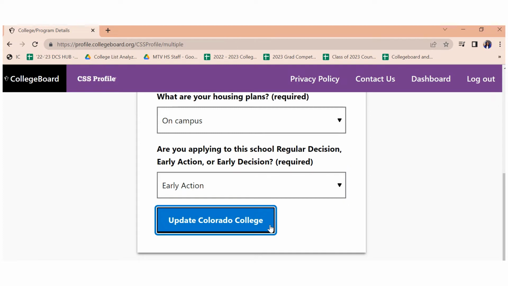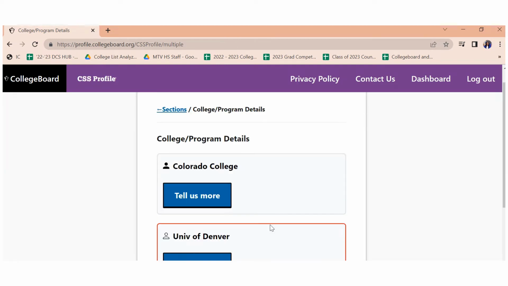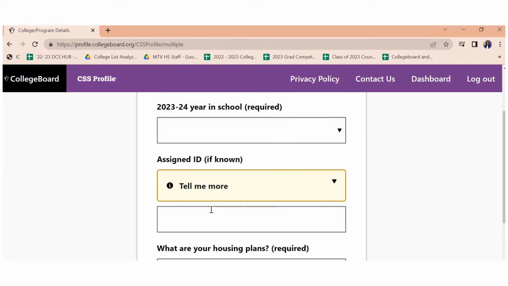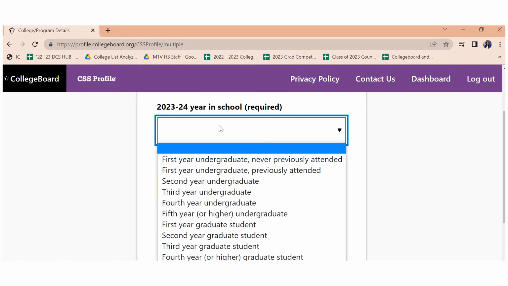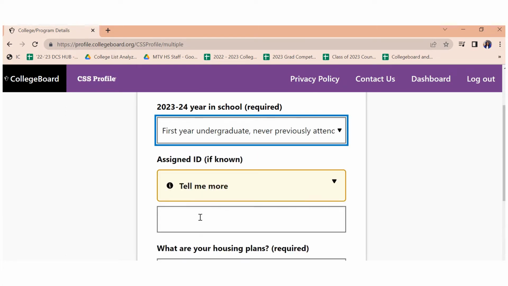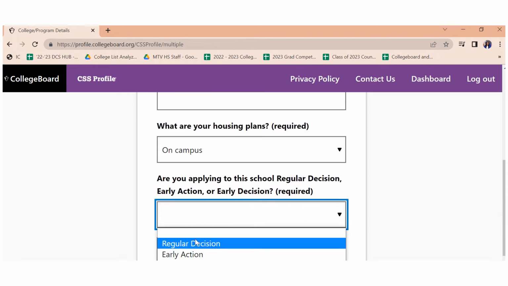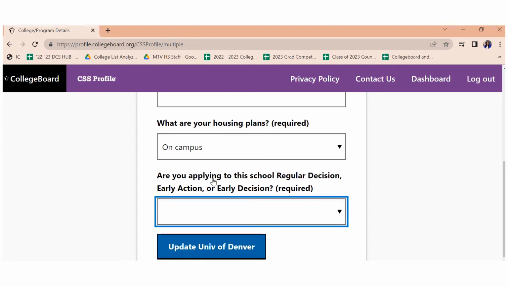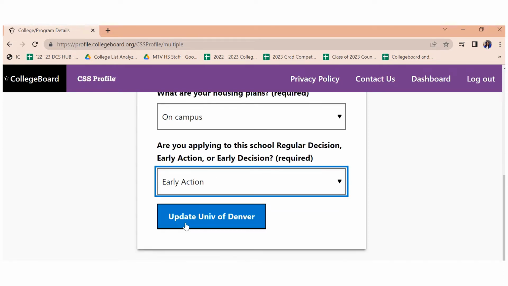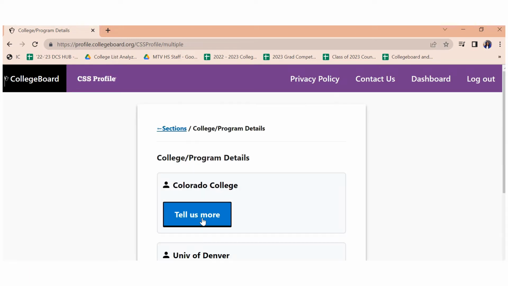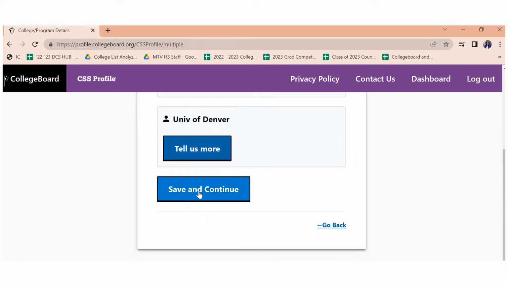So we will update the information for that first college and then do the same for the remaining colleges that you have. First year undergraduate, never attended, living on campus, and the method of application that the student is using. And then we will save and